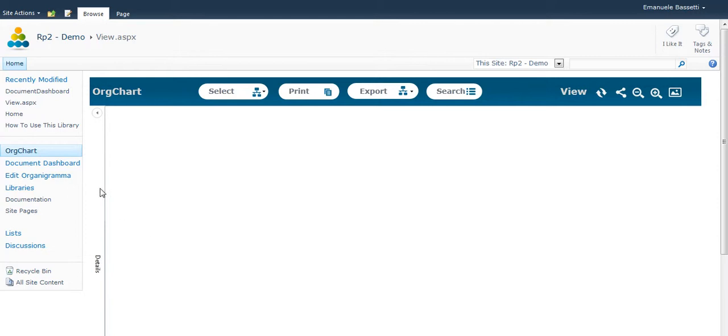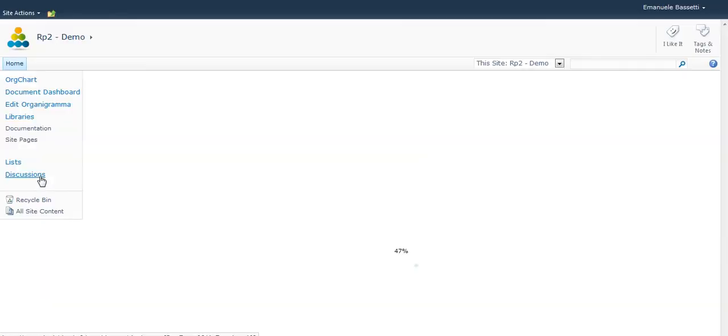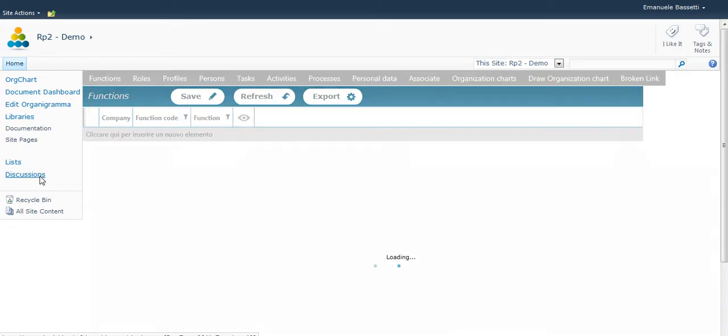Rp2, however, is not just a tool designed to draw organizational charts. This product also allows the data contained in Rp2 and any documents loaded on the SharePoint platform to be associated. A document management dashboard will make it possible to automatically view all the documents relating to a specific role, function,